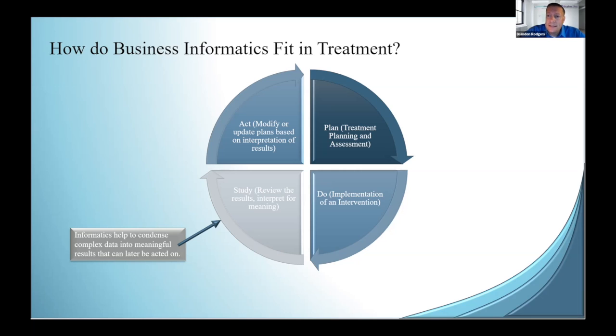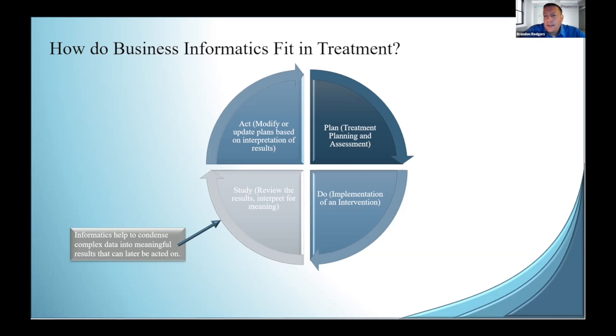So if my plan says I'm going to monitor the number of no-shows in my department, then the actual doing of that is going to be reviewing information based on the appointments that are seen over a period of time. Then we get into study. That's the review of your results and the interpretation for meaning. That's where informatics come in and really help us to condense complex data or multiple rows of data, or things that are just overwhelming for most of our brains to look at,